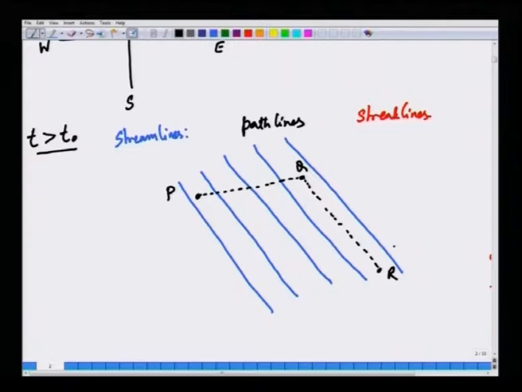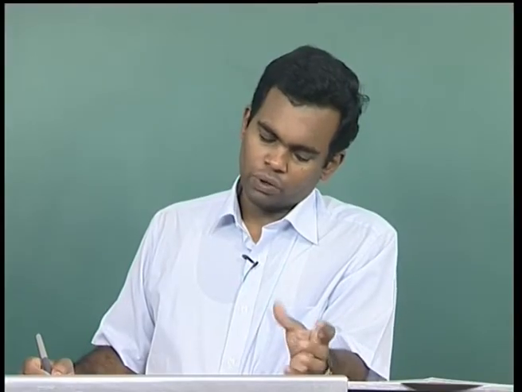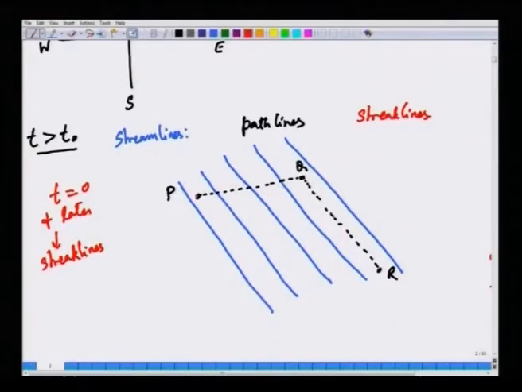Streak lines, on the other hand, are formed by particles that are continuously injected from t equals 0 and later. So, streak lines are formed by dye molecules, or here in the case of air, puffs of smoke that are continuously introduced from t equals 0 and later. The puff of smoke that was introduced at t equals 0 would be identical to the path line. It will go from P to Q up to t equals t naught, and from Q to R from t naught to t, the current time.